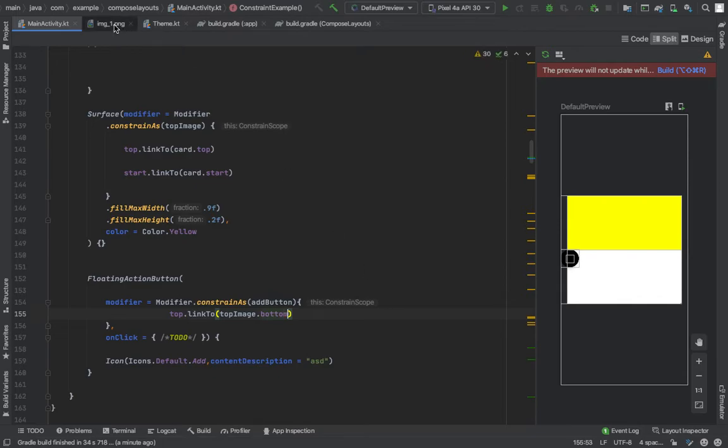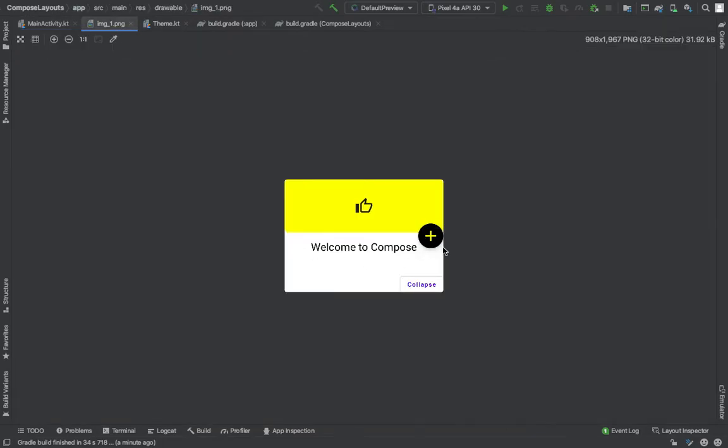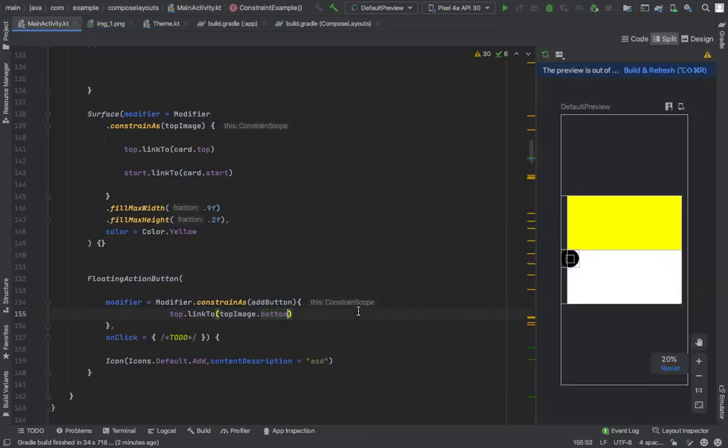But in our design we can see that the floating action button overlaps the yellow panel, but in our preview we align this floating action button below the yellow panel.